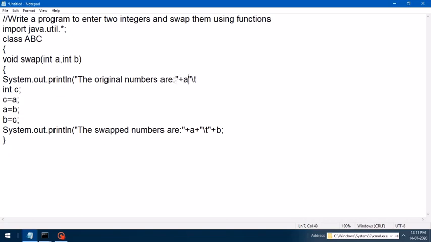Original numbers will be printed, then they will be swapped. Original values of a and b will be printed here, and then the swapped values. Here a plus sign is missing.